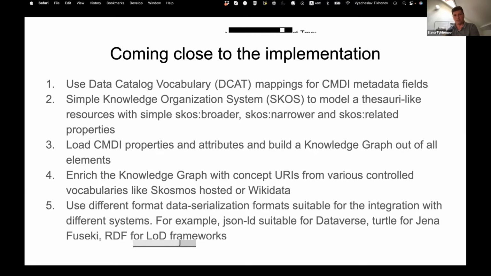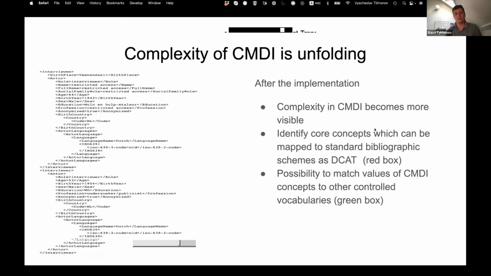So for example, if you get some metadata in a knowledge graph, we can quickly serialize and produce JSON-LD suitable for Dataverse, or Turtle suitable for Jena Fuseki, and this is a triple store. And we can also feed any linked open data framework with any kind of RDF, because this is already in a knowledge graph. So the complexity of SIMD, and I already mentioned, it's really not simple to map fields from SIMD to